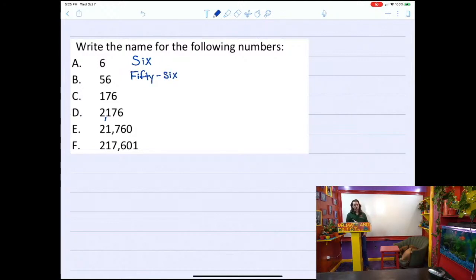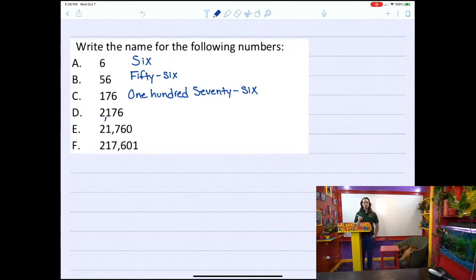56. For C, we have a 176. So start with the hundreds value. We have 100. The tens multiple is 70. The ones digit is 6, but we need to hyphenate. 76. D, we have